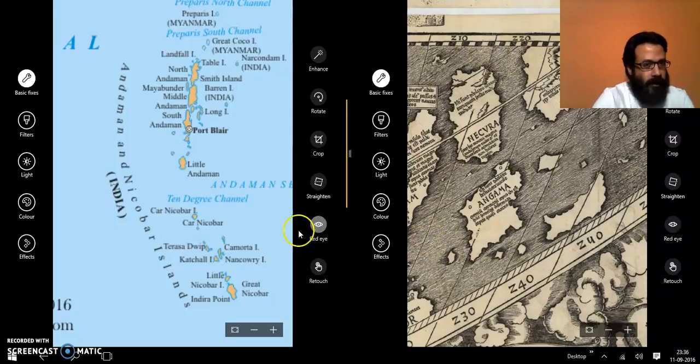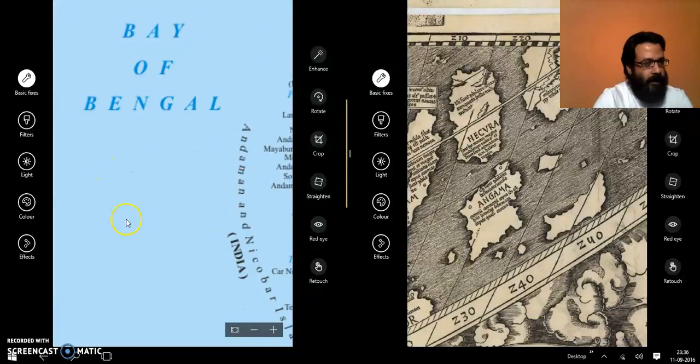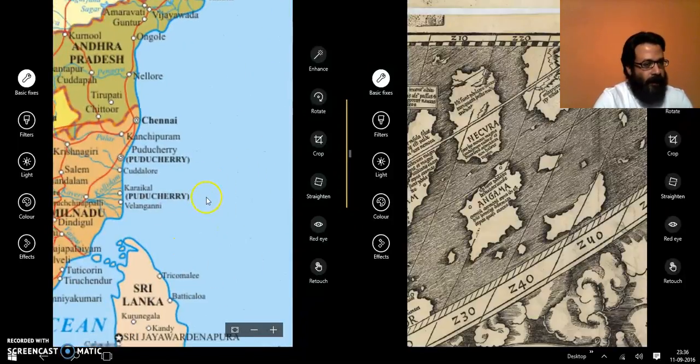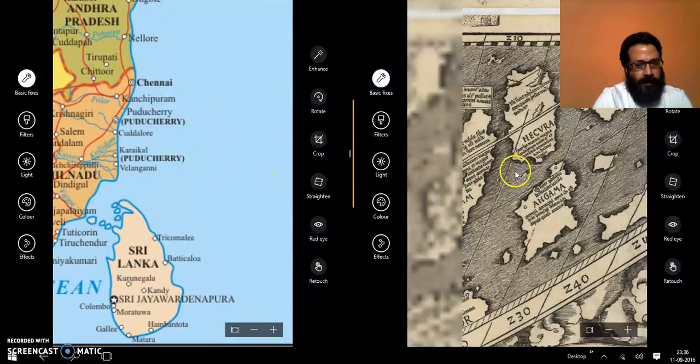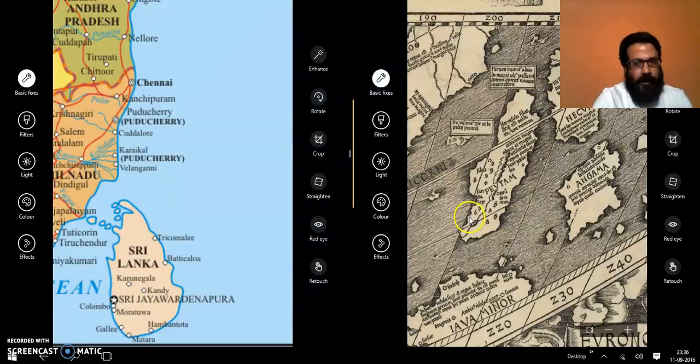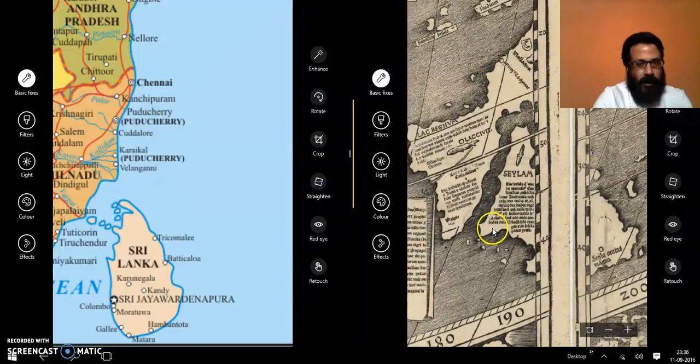Alright, so again, size-wise, these islands have been shrunk, again out of scale, because you see this scale, these two are huge. Alright, so let me quickly, I have only 15 minutes on this video recorder here, so I'm gonna be fast about this. Okay, this is the southern tip of India,